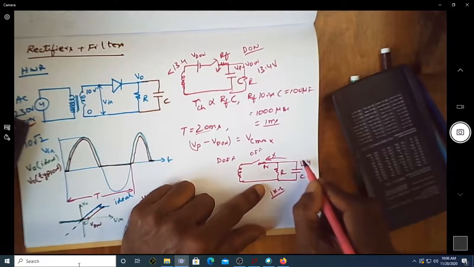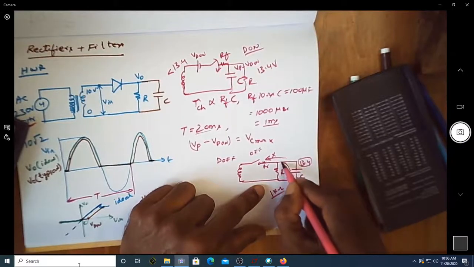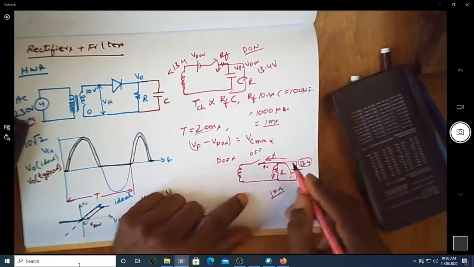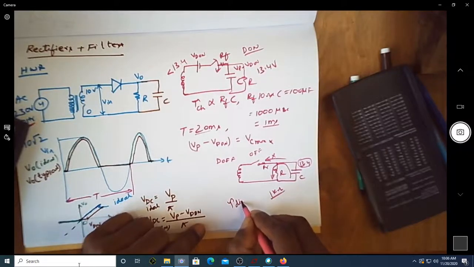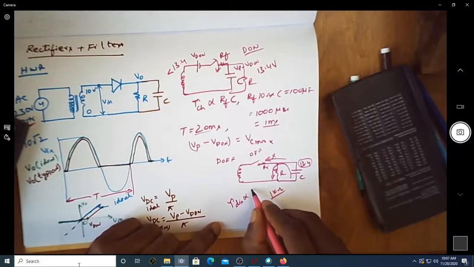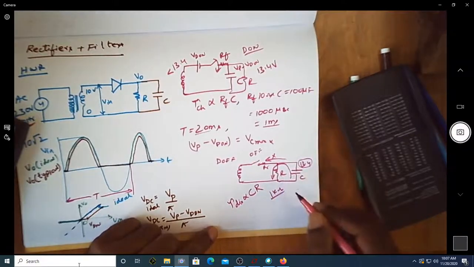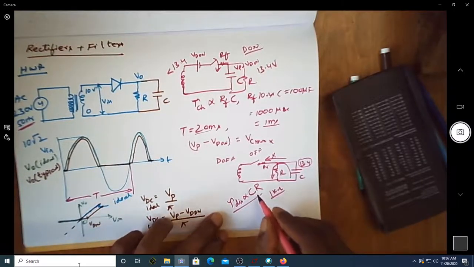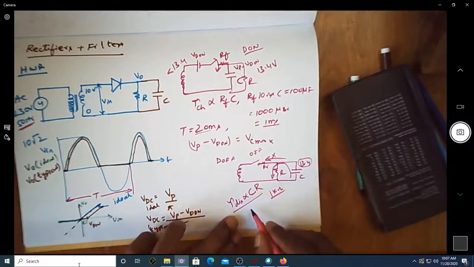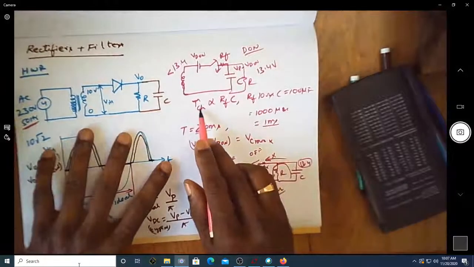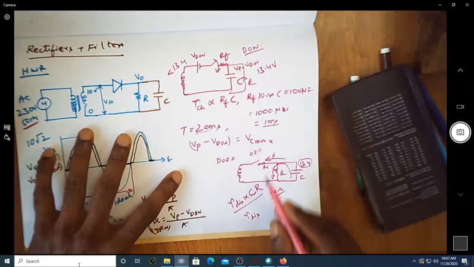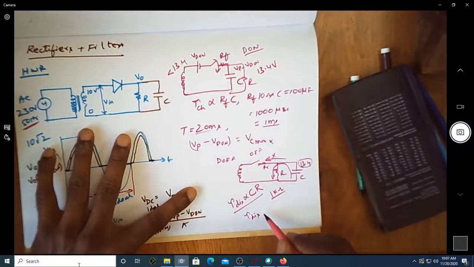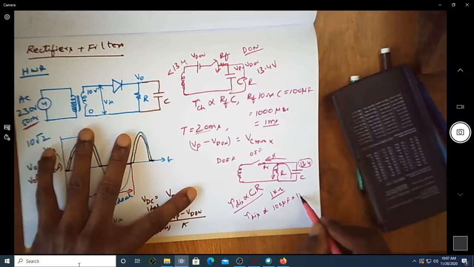So whatever charge was stored in the capacitor, we try to discharge through this resistor instead of going through the diode. So tau discharge is proportional to the value of C and this resistor R. As we found that tau charge was in terms of millisecond, of course it was 1 millisecond, let us see what tau discharge is equal to. Is it not equal to 100 microfarad multiplied by 1 kilo ohm?